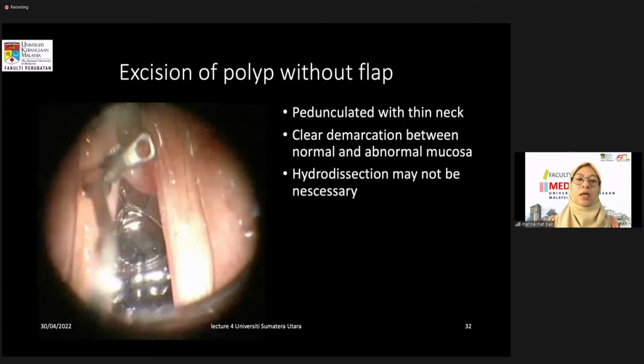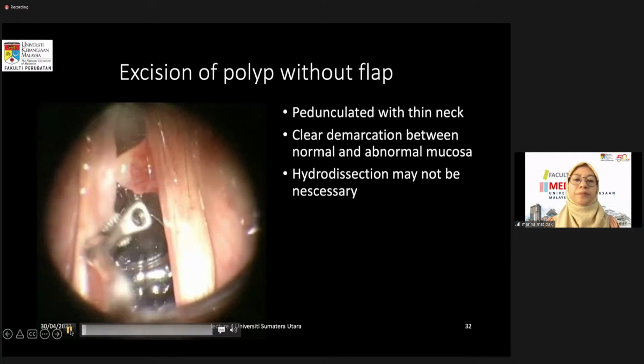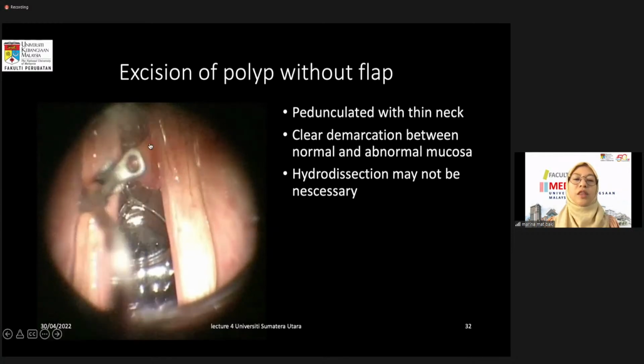Okay, let us see this example. A tiny small polyp. The size is, I think, the Bucheya size is about 2 millimeter. So the polyp is probably about 3 to 4 millimeter size. And you can see that it is pedunculated with a thin neck. And you can see clearly